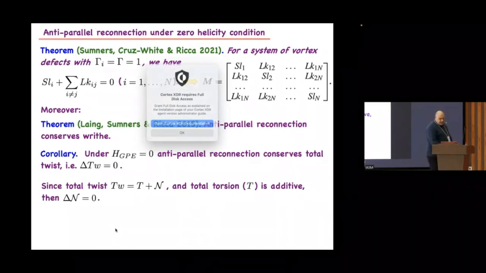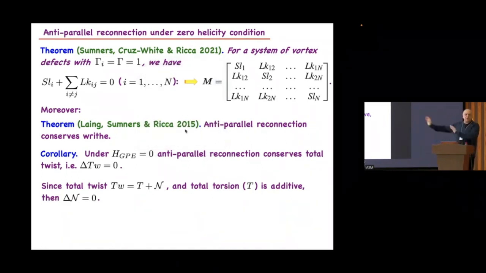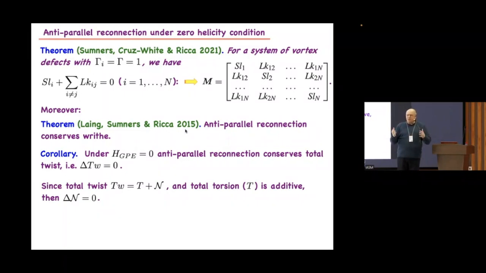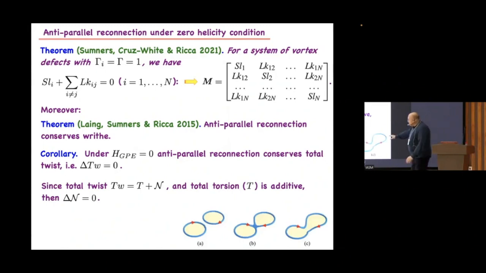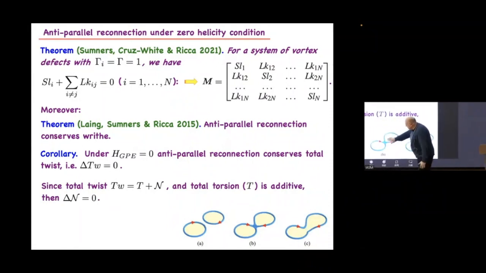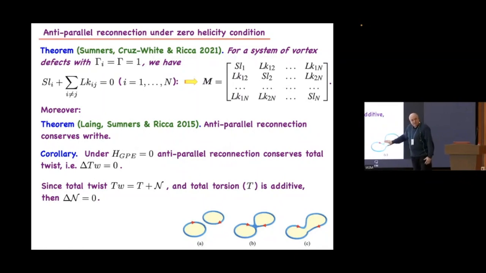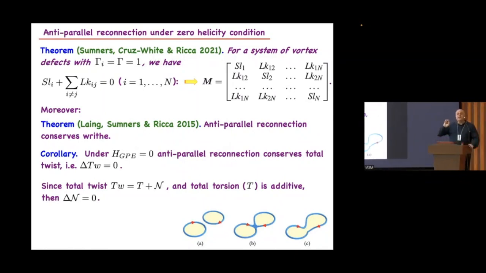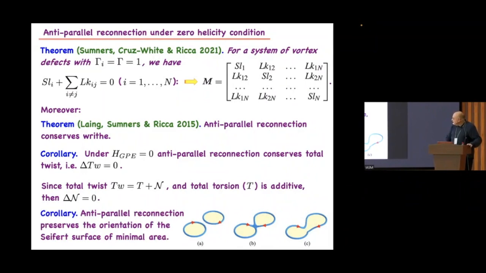I care because I want to pay attention, not in this talk, to surfaces whose boundary is the nodal line. And it's like soap bubbles. The surface is an isophase, and if intrinsic twist is conserved, then under reconnection, the surface is bounded. So imagine these two surfaces are now going through reconnection and form one single surface. Through reconnection, the surface orientability is preserved because the intrinsic twist is also preserved.